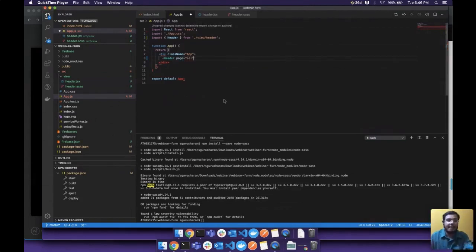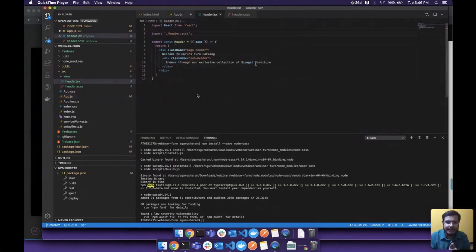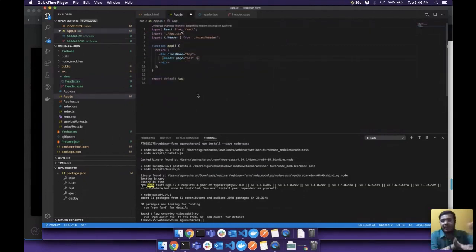As you see, I'm giving a parameter just similar to an HTML attribute. And the entire thing is like an HTML tag, right? So React allows you to create such custom components in the form of HTML tags, and you can just combine them into your application. So it kind of gives a very declarative syntax for you to use, right? So instead of putting this entire div out there, you just say header and you give a page, you say all.